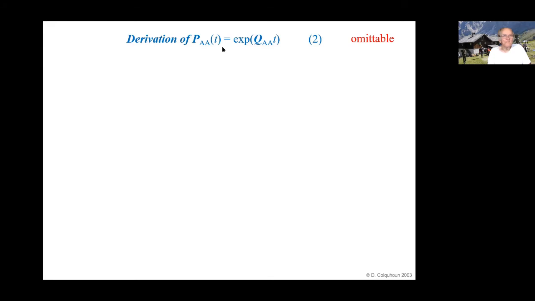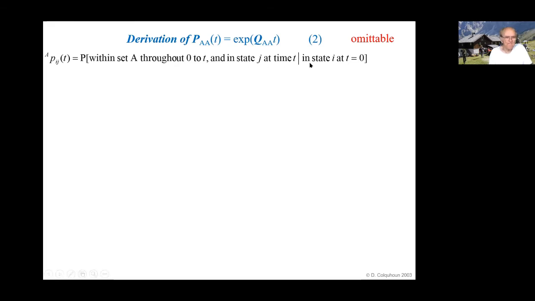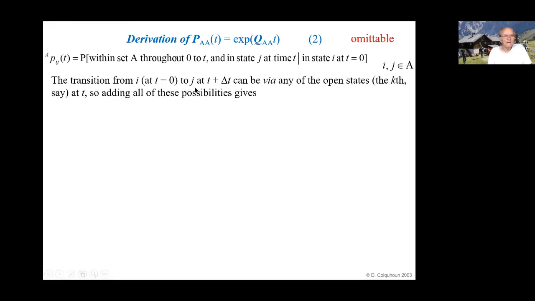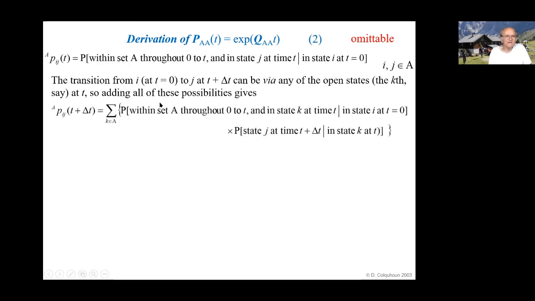So this is the next omittable slide for the derivation of that result. It's quite tortuous, but it's very characteristic of the stochastic arguments that occur again and again. So this is the probability that we want to define. How do we do that? Well, the transition from state i at t equals 0 to state j at t plus delta t can be via any of the open states, the kth, say. So adding up all the possibilities,